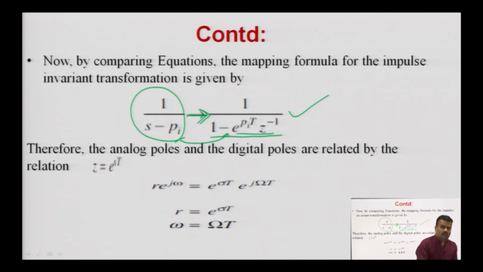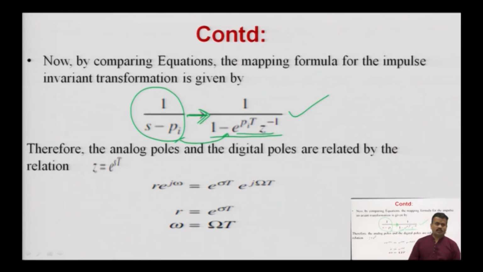So, this is the one formula that you can use under this impulse invariant transformation method. Similarly, any expression, of any type, you can convert from the analog domain into the digital domain by following these similar steps, or you can say 3 steps. First, you take the inverse Laplace transform, converting H(s) into h(t). Second, you do uniform sampling, putting t equal to small n times capital T, then you get small h of n. Finally, you take the z transform of that h(n), and you get H(z), the digital filter transfer function.